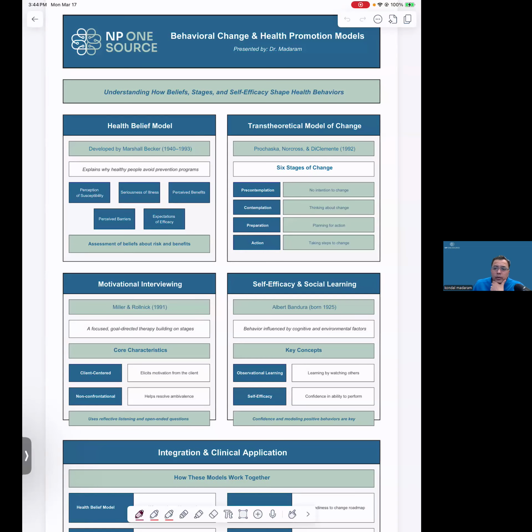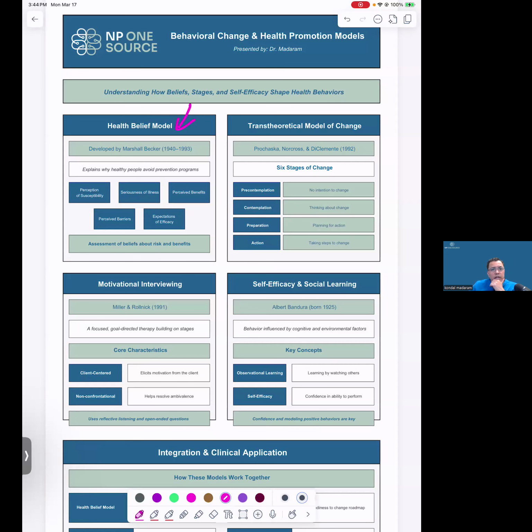We're going to talk about healthcare promotional models and behavioral change. When you think about this, you want to think about different theories of how these models came into play and how each one can be applied. So the first one is the health belief model,